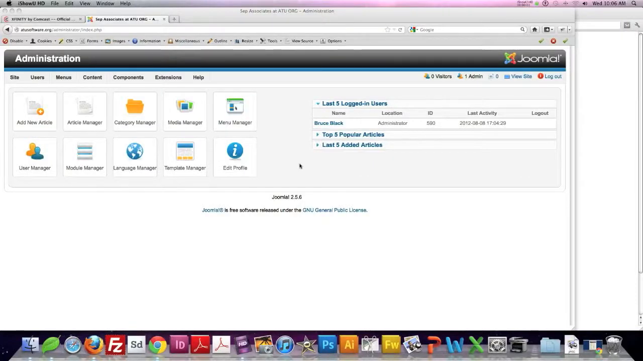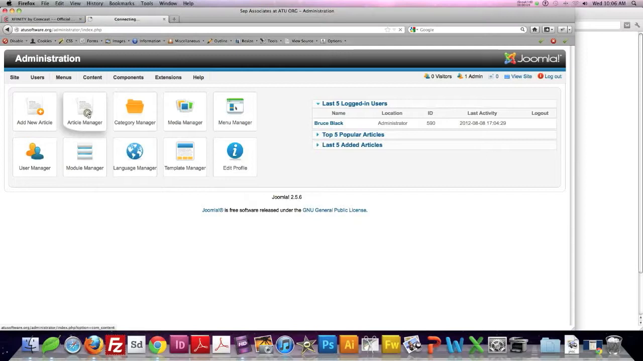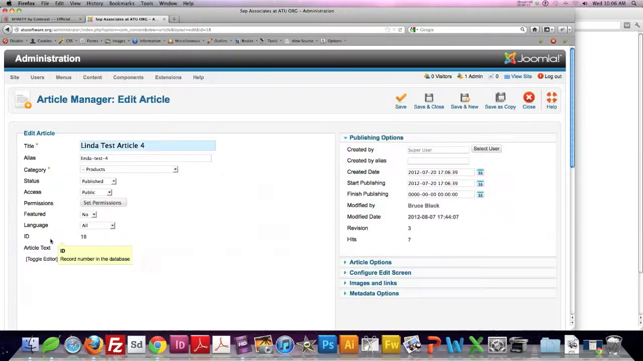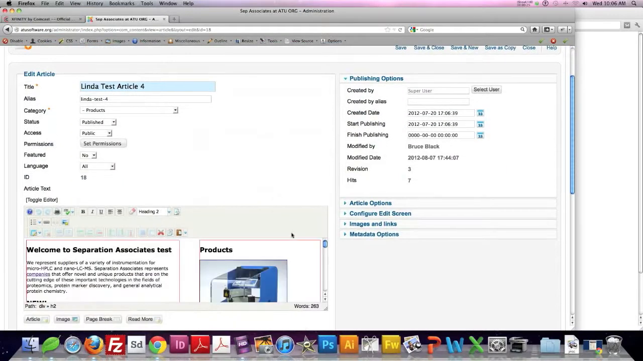We're going to walk through the JCE article editor that you will use to build out your pages. I am going to go to the article manager and select the web page that I created in the last video. It's got a menu item to go with it, so we can test it out and see how it looks. All right, here is the JCE article editor,